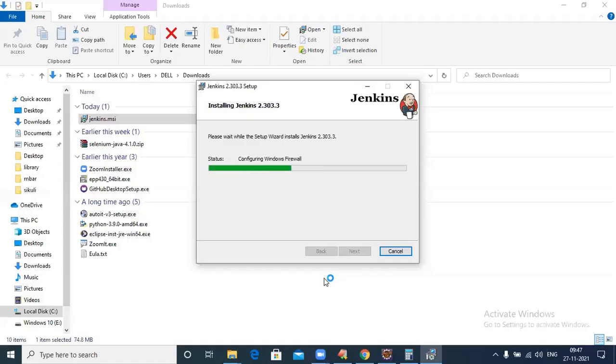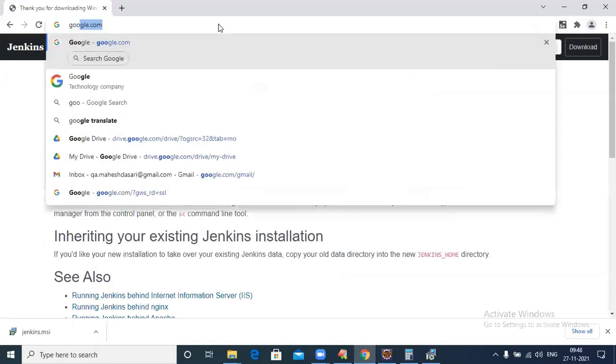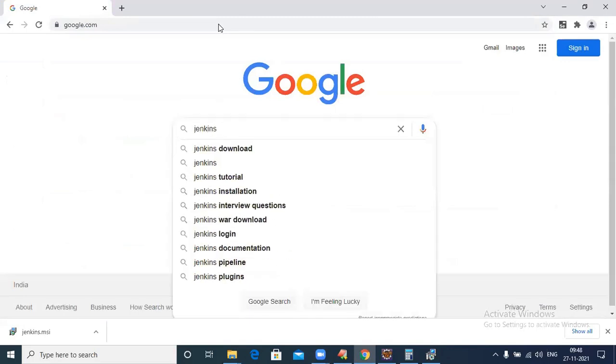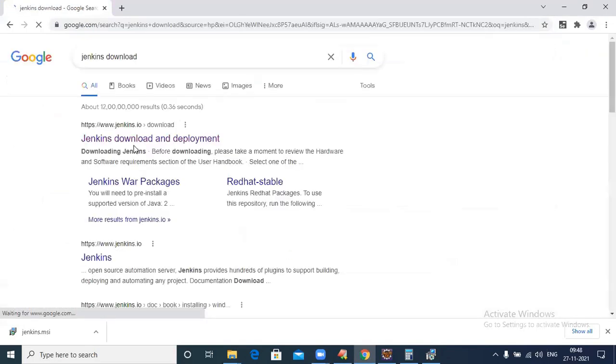Yes, the Jenkins automation server. Yes, I want to install. See, Preetham, just download the MSI file here. Once you download, click on next only. You won't do anything. Where do you download it? One second. Go to Google, Preetham. Type Jenkins download. Go to the first site, jenkins.io. From their site, open the site.